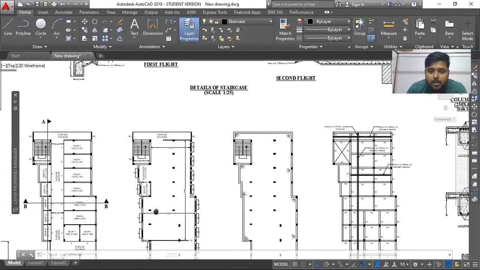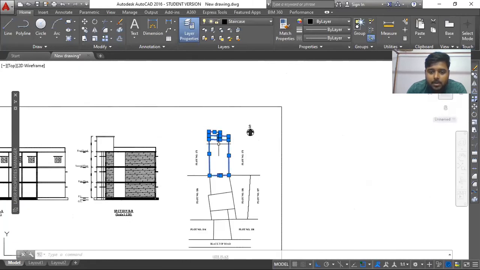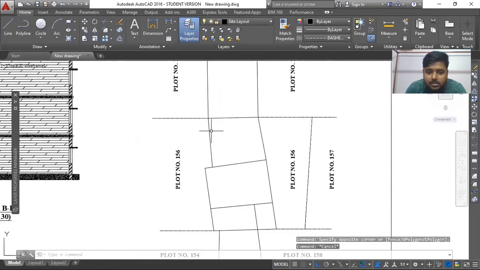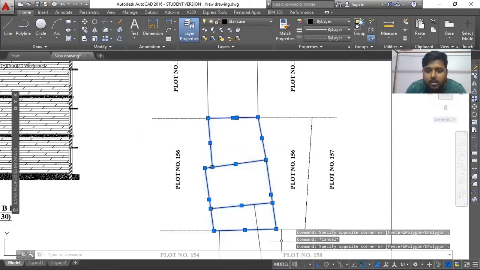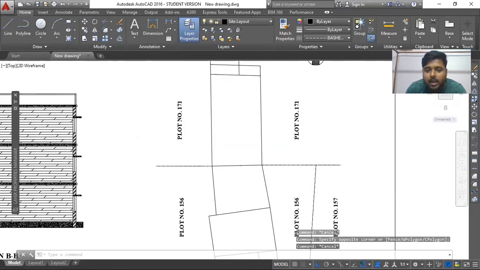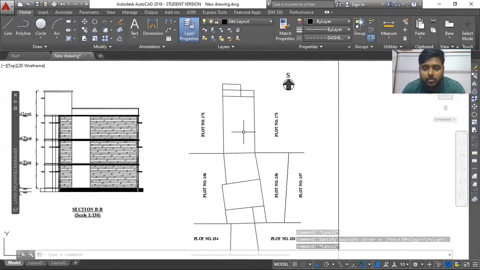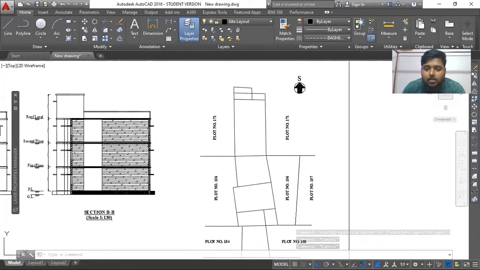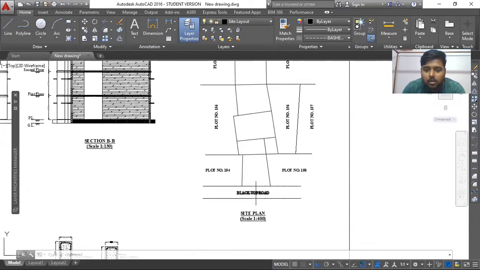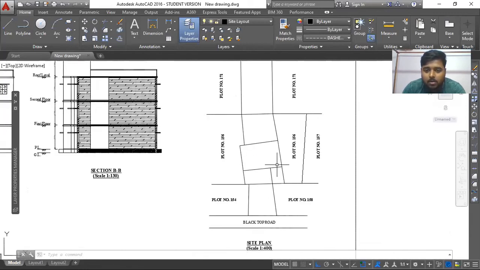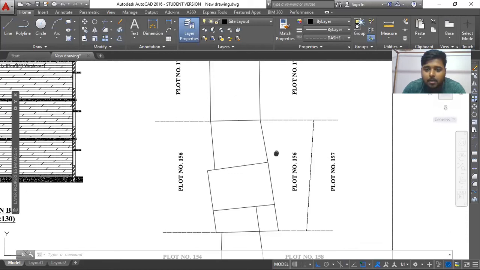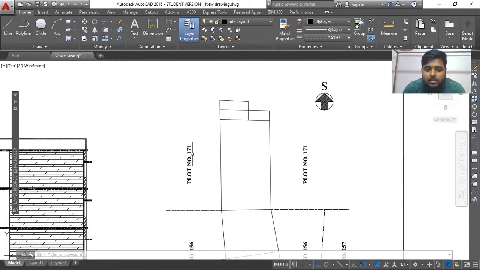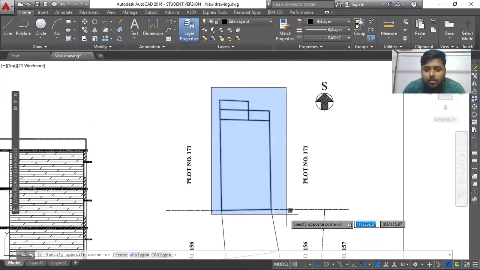So this is the building which is going to be built in this particular plot, and these are the existing structures of the same owner. And this is the plot, and if you get the plot from the municipality drawing or somewhere else, or even the client can provide you, you need to mention it like this. So he will understand, okay, there is a road, then there are these plots, and every plot has a number, and this is plot number 171 upon which the building is going to be built.